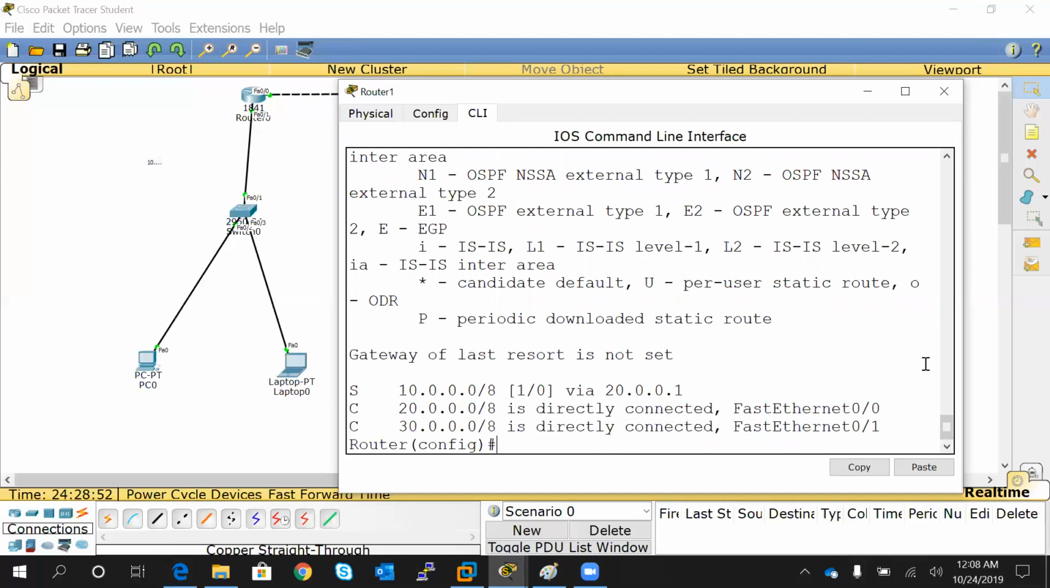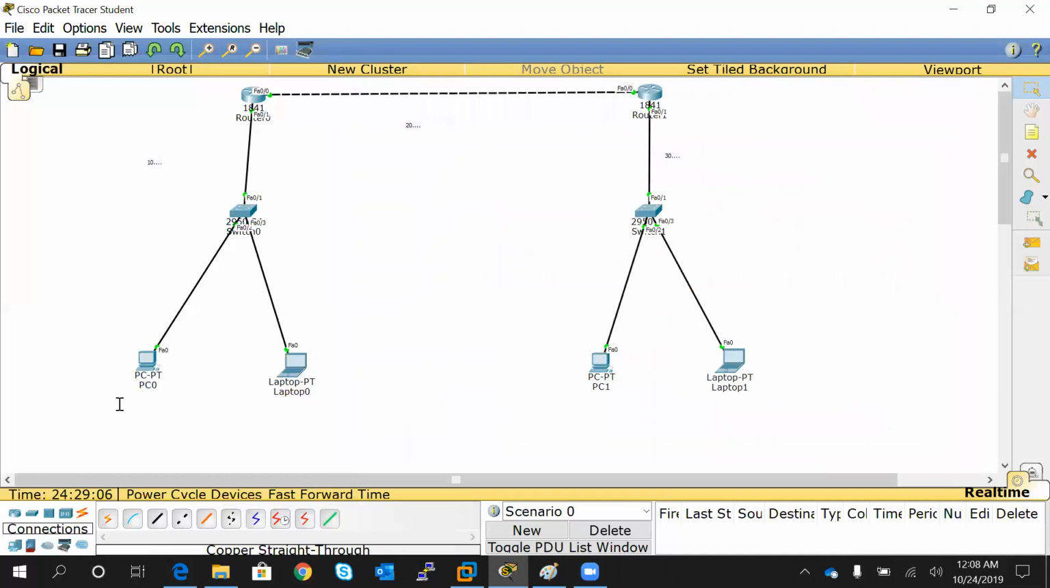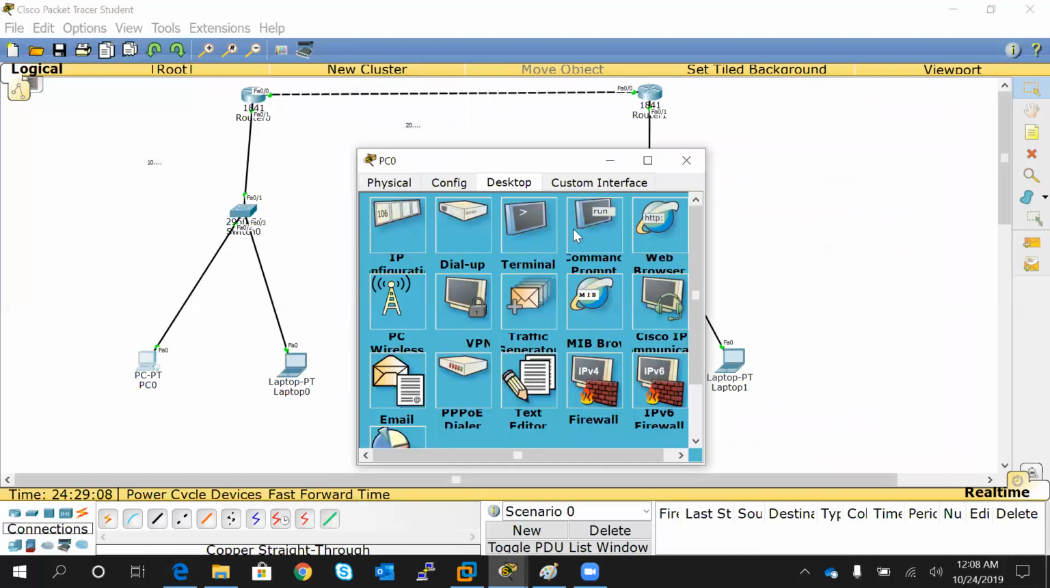Okay, do show ip route, and as you can see, an extra entry has been added here. S is static routing. So connect 10 network via 20.1. Okay, so looks great. We have done the static routing. Now we are going to see if we can ping